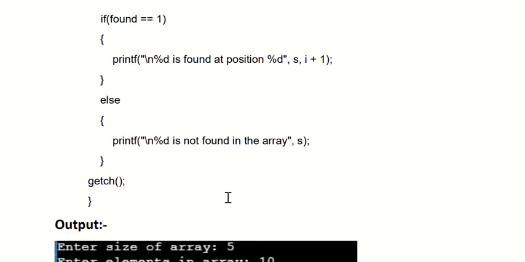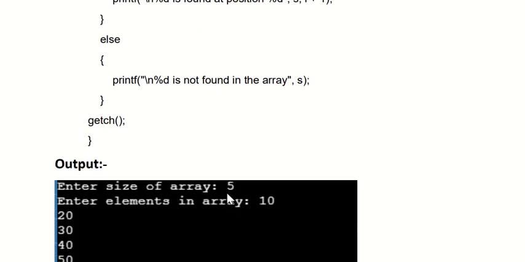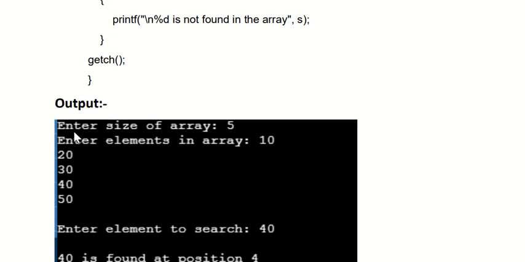Okay, so here is the sample output. If we execute the same program two times: first time, enter the size of the array, 5. Enter the numbers 10, 20, 30, 40, 50. Enter the number you want to search, for example 40, and 40 is found at position number 4. And the second time, one more execution I will show you.